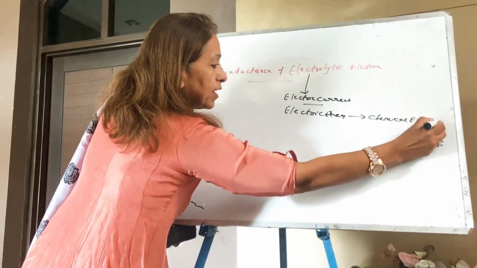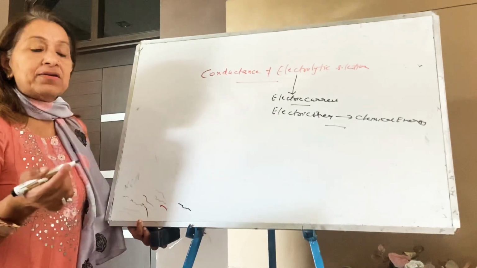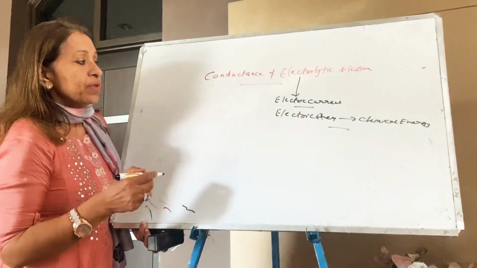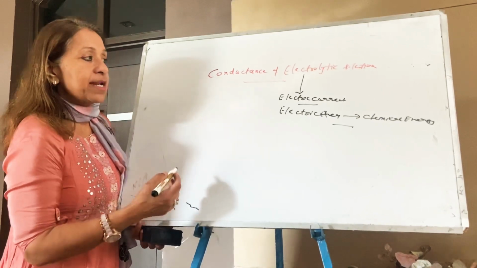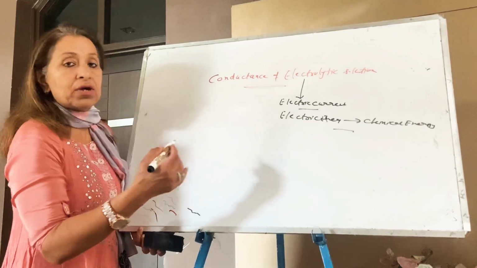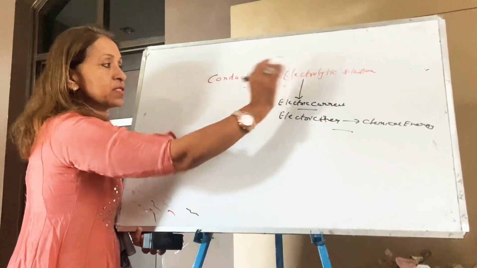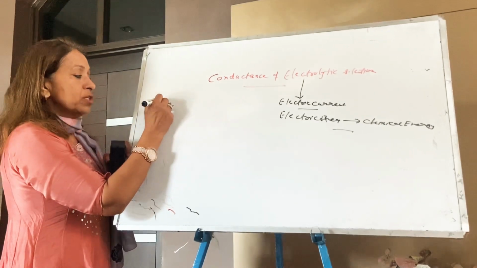Before taking the electrolytic cell, it was the electrochemical cell that we completed a day before. Today I am going to start the electrolytic cell. In an electrolytic cell, electric current is passed and electric energy is converted to chemical energy. Before taking this cell, I am taking some general terms, okay? Write down the general terms.